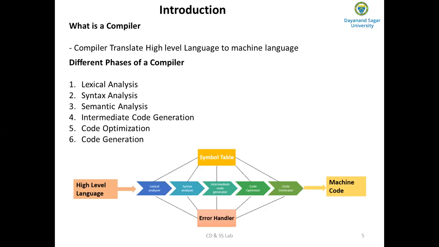And what is the last phase of compiler construction? Code generation, final code generation. The code generation phase of a compiler needs complete knowledge of the target machine on which the translated code is executed, and hence this is a fully machine-dependent step. The output of this code generation is the final object code, which will be loaded into memory for execution.